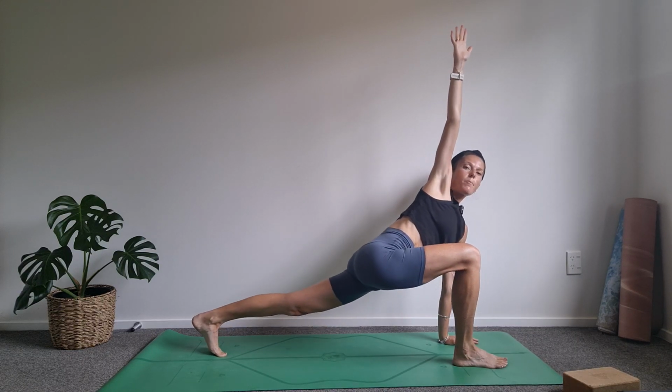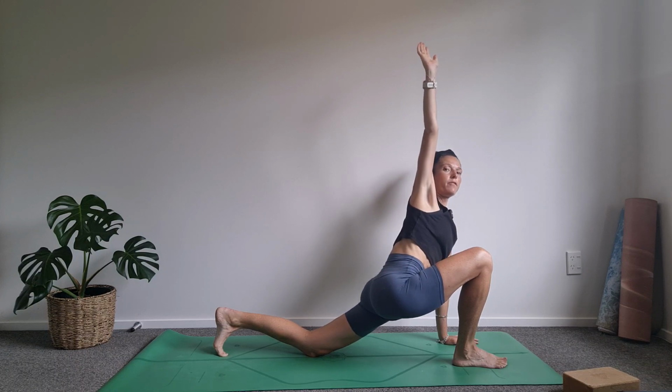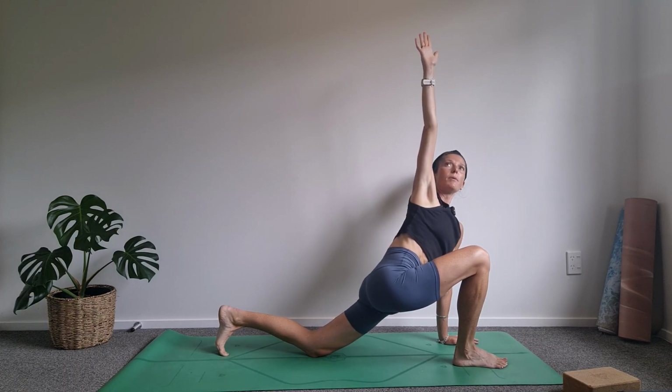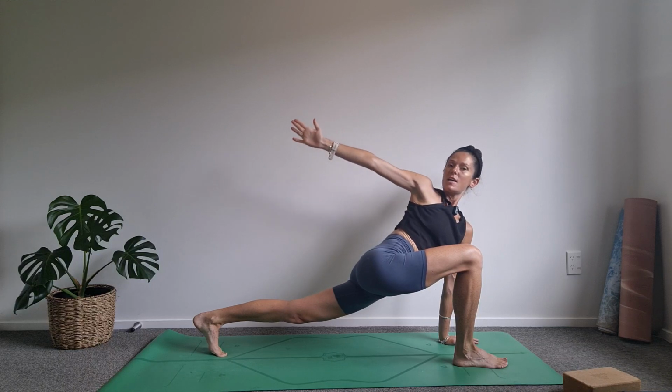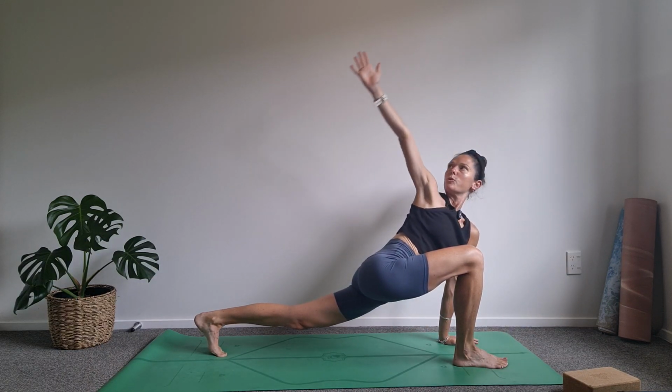Can we just fire up a little bit through that back knee? So you're better to have it dropped if you're just kind of slumping into it. I'd rather you have the knee down and find that stability. And if it is lifted, thinking about drawing that kneecap high. And then taking our circles with the left arm for 3, for 2,